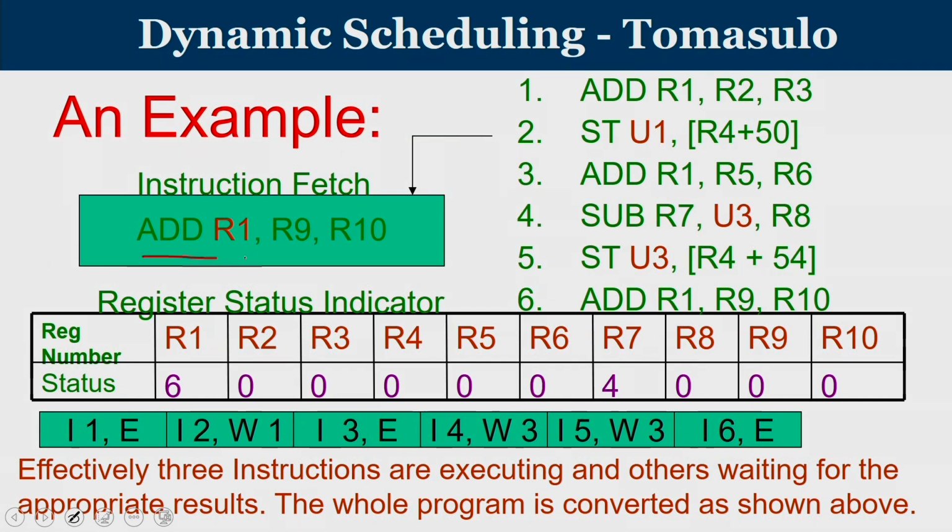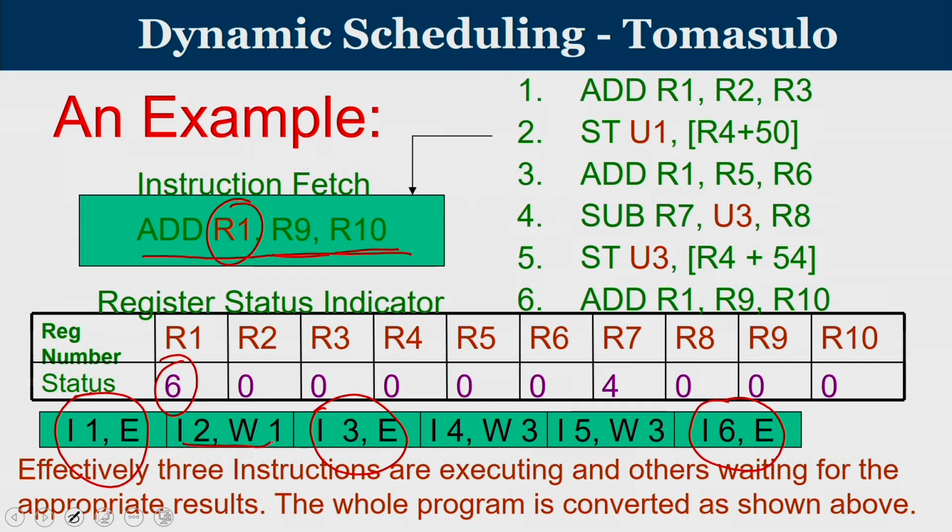Let us now move into the last instruction. The last instruction is add R1, R9 and R10. So, here after this instruction R1's RSI value will become 6, and since it is R9 and R10, your sixth instruction can execute directly. So, you have your third instruction executing, your first instruction executing, and your sixth instruction executing. The peculiarity is that in all these three instructions I1, I3 and I6, the operands are available. Since operands are available, they are not waiting for anything else. As long as you get a functional unit, you start executing.